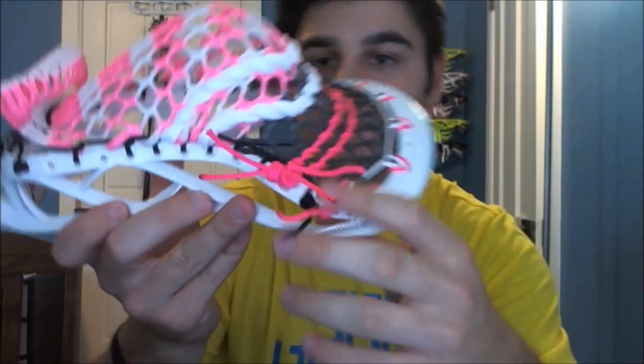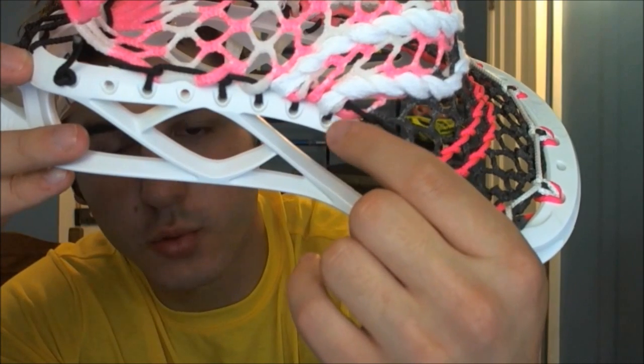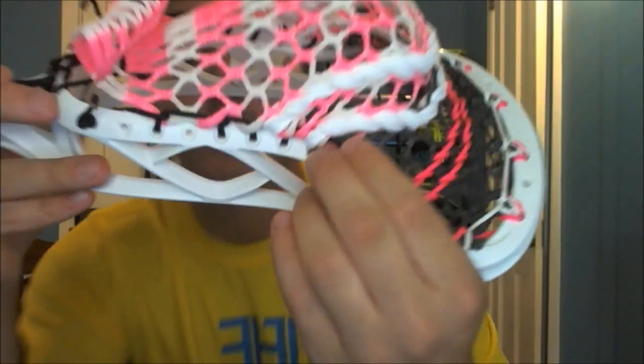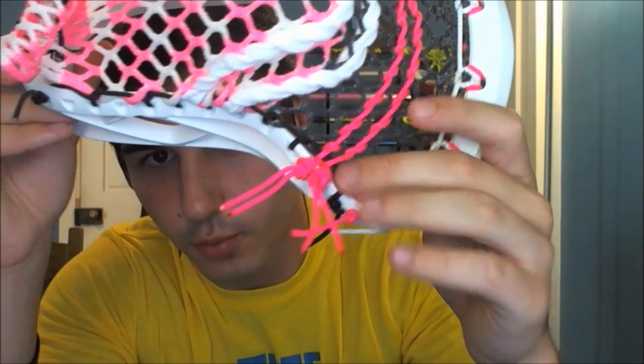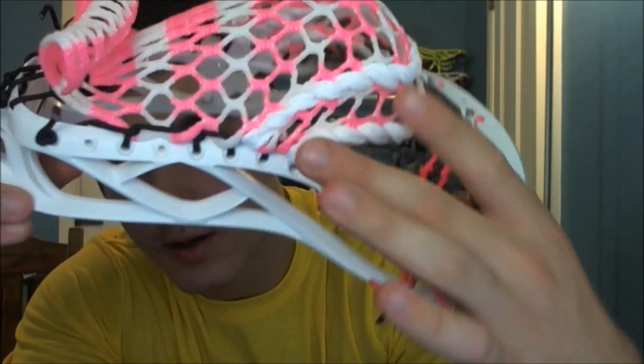Now the fourth one, you can see this 4th hole of mesh right here is pulled just a little bit less tight. It's started to bunch up a little bit more, so that's going to create the pocket up a little higher while still maintaining that channel through the 4th hole, but start to create a little bit of depth. And that's what's going to give you that really, really tall defined channel shape like the one that's in this head. So the first 3 pulled as tight as possible, the 4th one interlocked just a little closer, and then